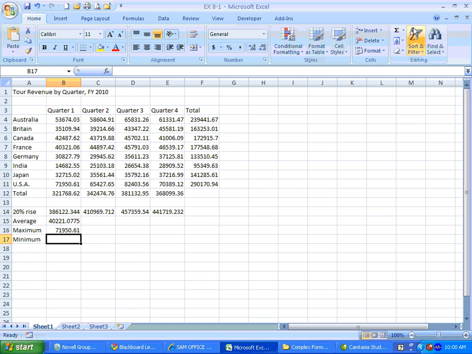For minimum, you click on the auto sum button again, you come down to minimum, it tries to accept what it thinks you want, but you want B4 all the way through B11. Once again, remember, you do not accept totals in averages, maximums, or minimums, because it will mess up your data. So we have B4, where the first number is, the colon represents through, B11, where the last number is, and